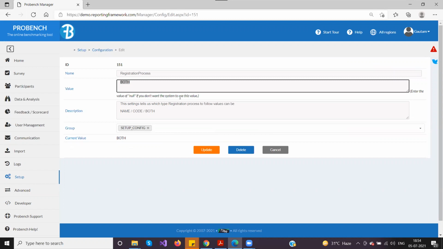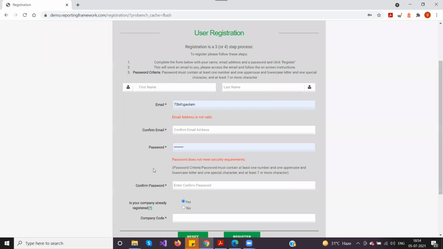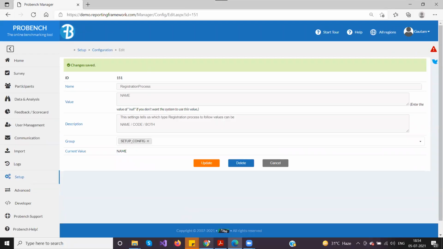So one is the name. Okay, when I choose name, let me show you as a demo. So I have selected it as name. So in the registration process, I would get,